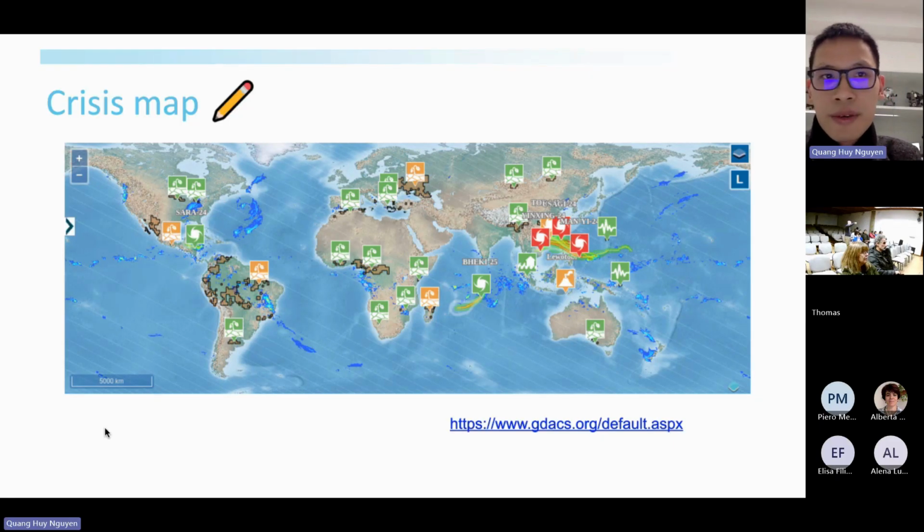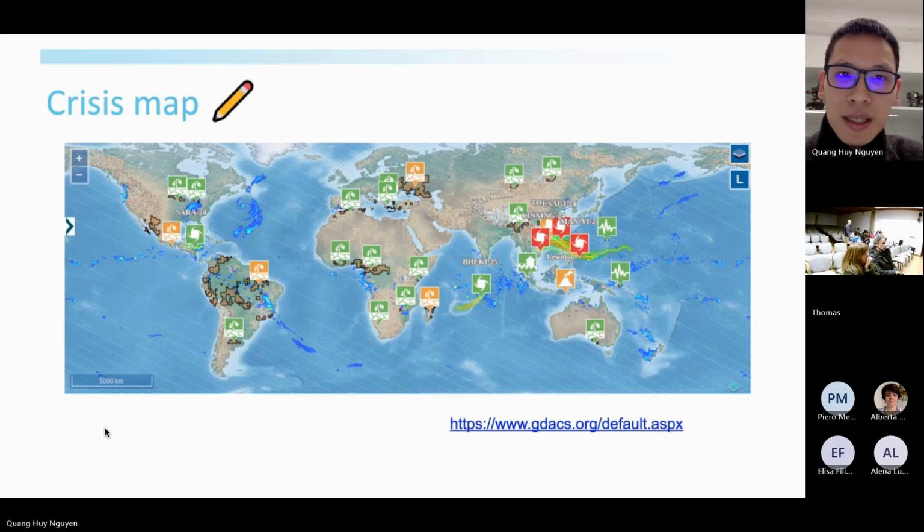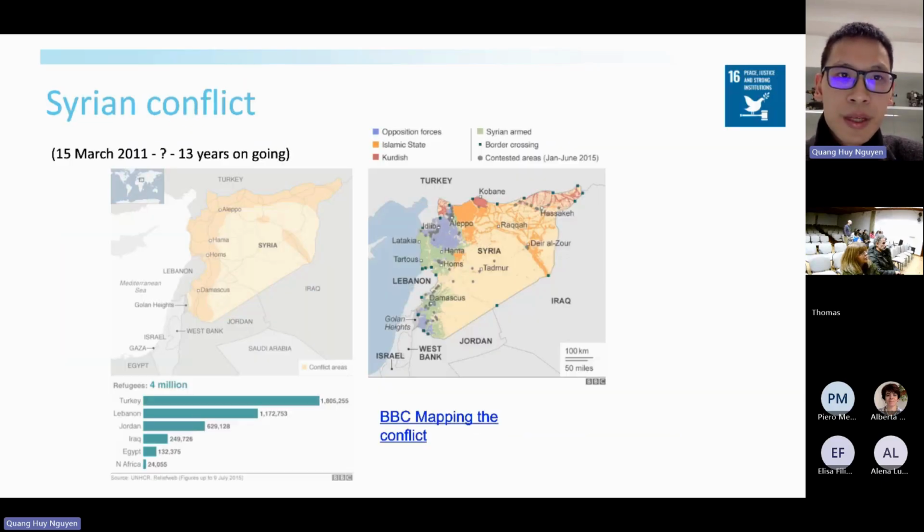There are three kinds of crises: natural disaster, humanitarian conflict, and also epidemic. Crisis, as you also experienced through the COVID epidemic, is also one kind of crisis. So we can see that crisis is actually everywhere, not only Africa or Asia or Europe or America, but it actually happens everywhere in the world.